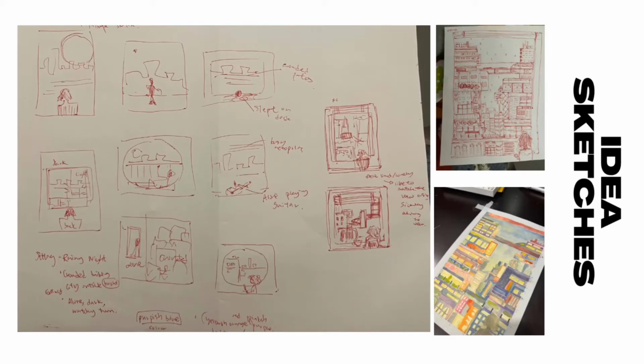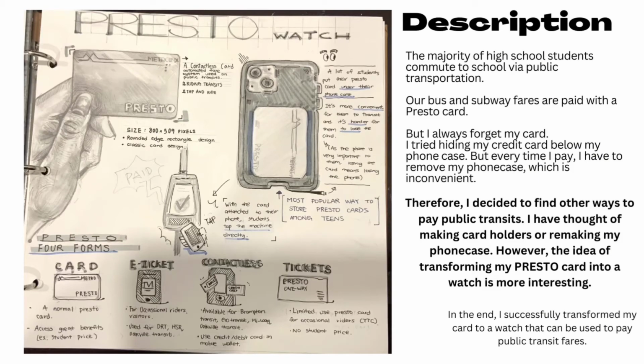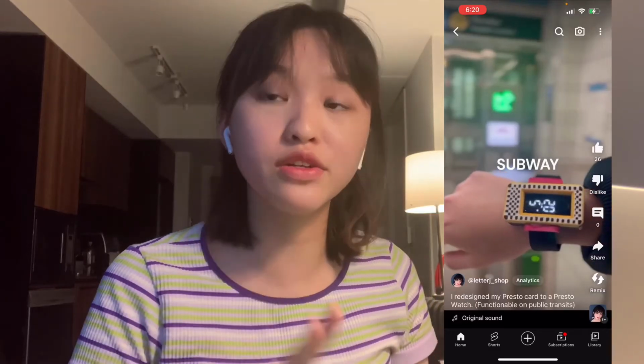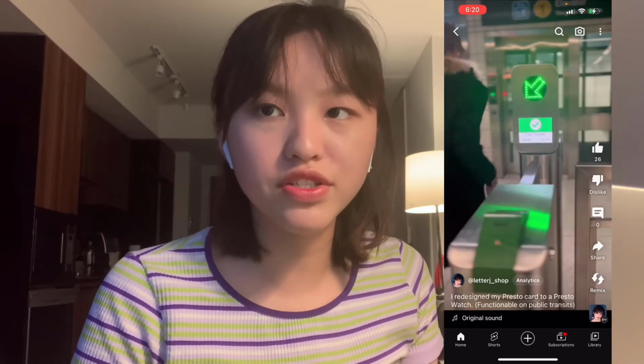Okay, and now this is my third work. It is called the Presto Watch. This is an interesting project because it is 3D and totally not architecture related, but I included this because I need to show diversity. This is actually functional, and you see here,